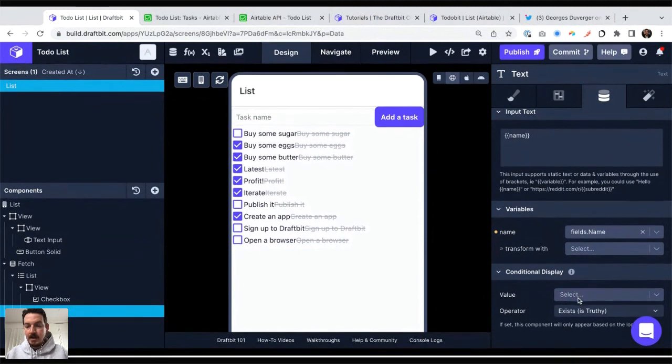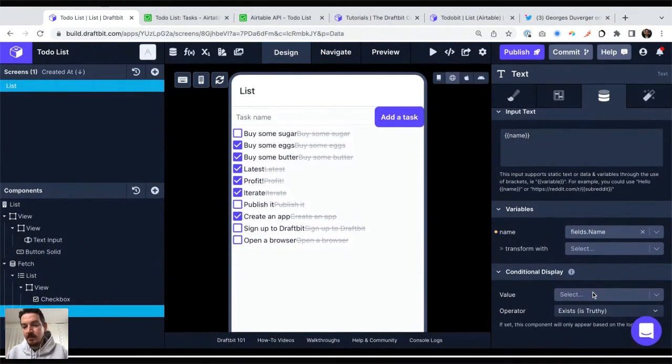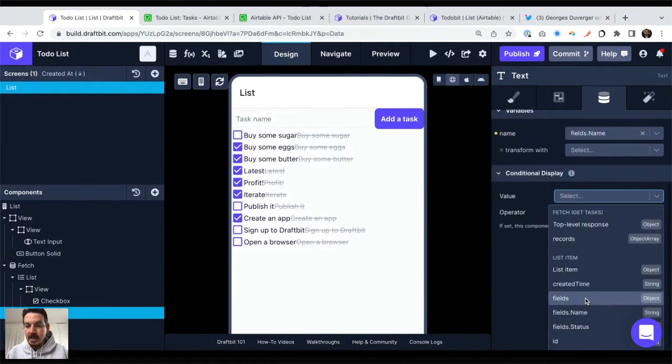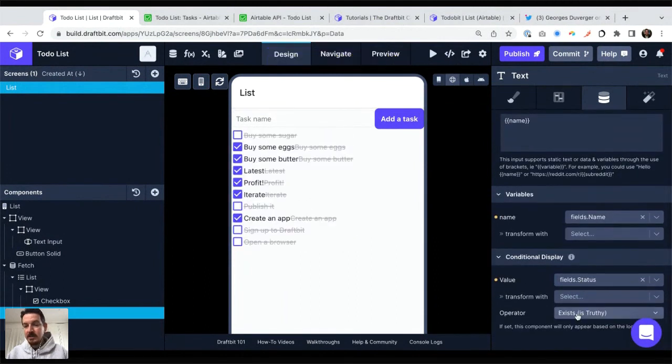So we're going to follow a little bit of a naive approach, and we'll see where we get stuck, and we'll get a little bit more sophisticated over time. So, we're going to say if the status exists, show this component. So in this case, the checkbox status is false because it's not checked. So I'm not showing it. In this case, the status is true because it's checked. So I am showing it.